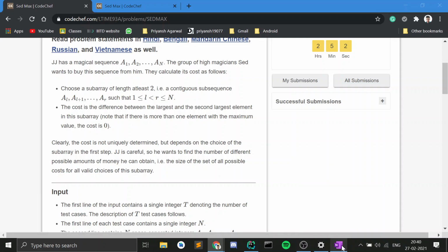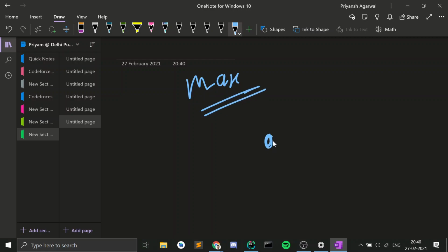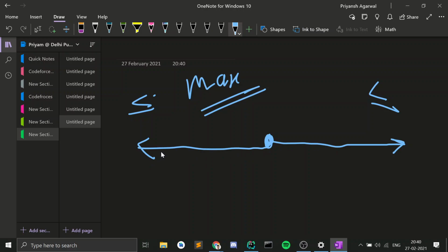So let's say I consider only the maximum values. Okay, so let's say this is my maximum. Then I know that if I'm standing here, then I can extend this segment to a point till I don't get a greater value, right? Till all the values are less than or equal to, and similarly here as well, till all the values are less than or equal to this max, I can extend my segment here. Now for this point, what I need to do is